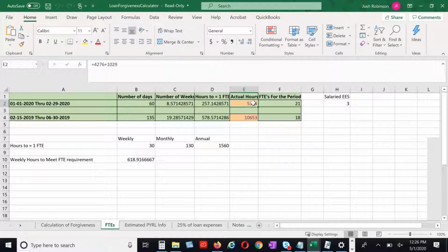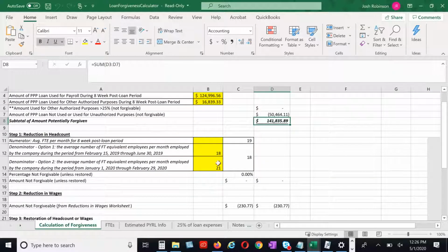For all employees here. And then it will calculate your FTE count automatically again. Or alternatively, you can just take the FTE count off the reports that we put into your accounts in Checkmate HCM and plug the numbers into the FTEs for the period here. Based on which of these two numbers on this spreadsheet is smaller will determine which number is used on your calculation of forgiveness